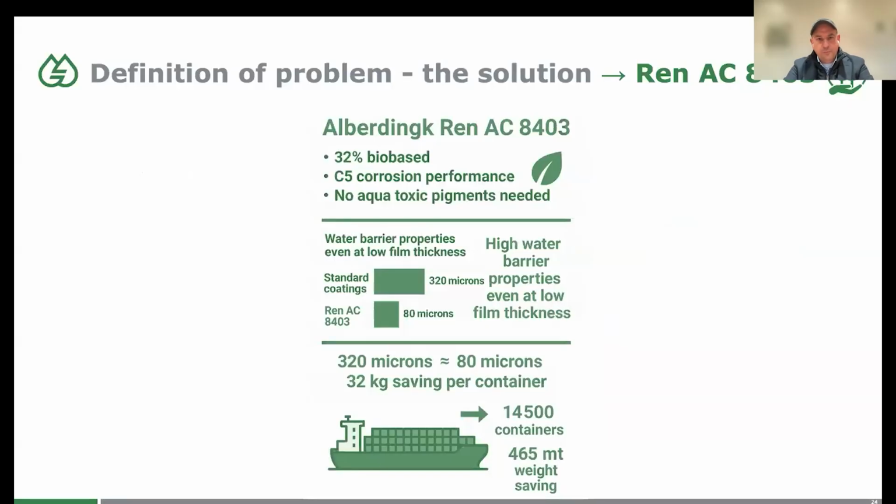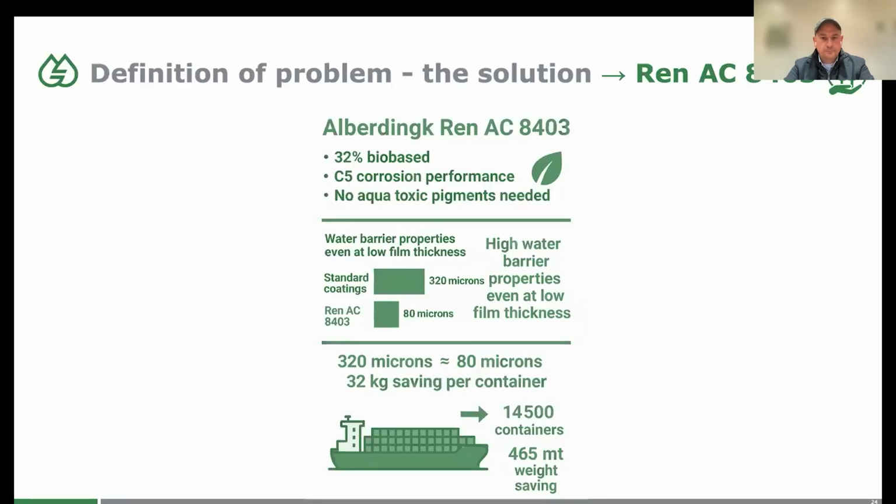Here you have one nice example picture. What could sustainability actually mean? If you think about using the Ren AC 8403 on a shipping container, and again, you've got the bio-based content, you get the C5 corrosion performance, you don't need to use the aquatoxic pigments. But if you reduce the film thickness from the standard coating, which was given in the matrix by 320 microns, and you could do it down to 80 microns with the Ren AC 8403,